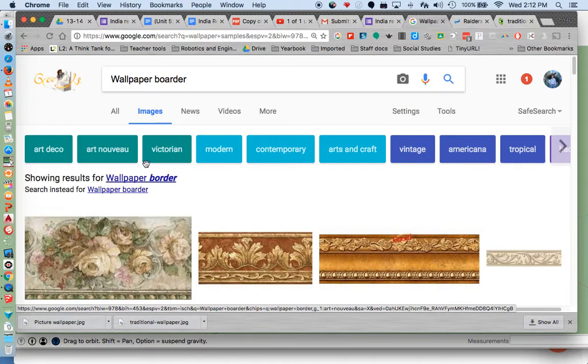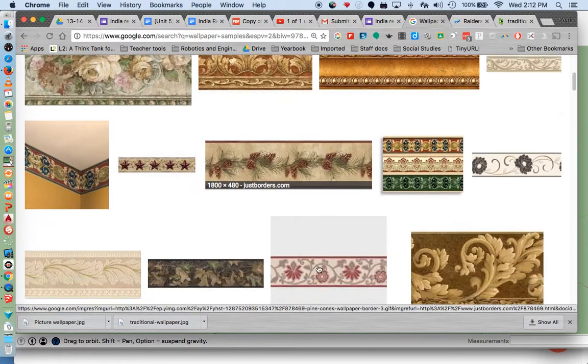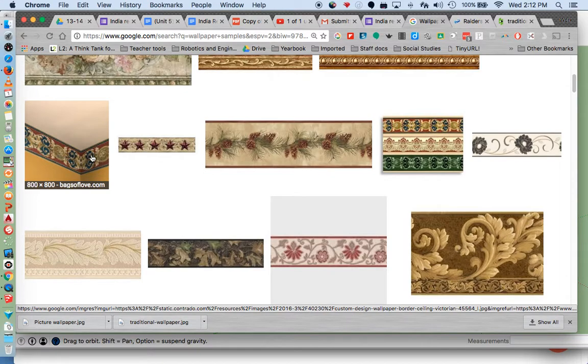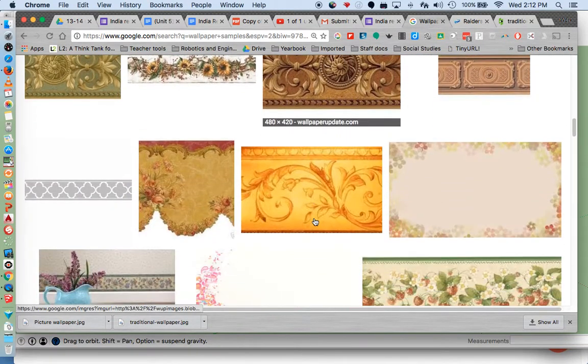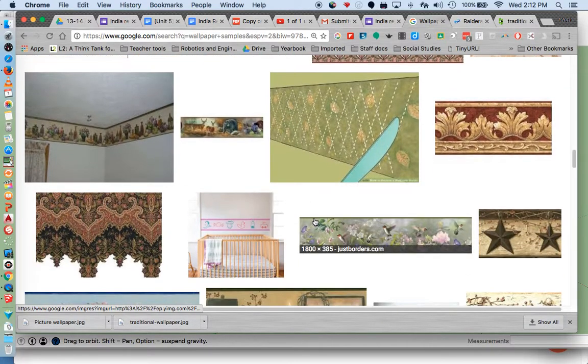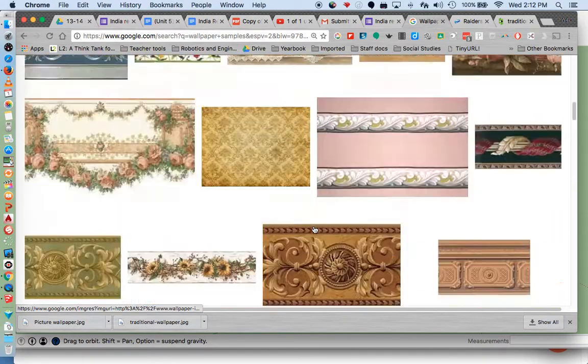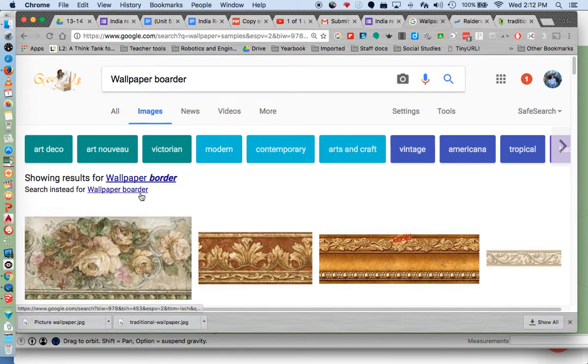Sometimes you'll see it more on high-end homes. It's a little border that goes across the top of the ceiling, kind of like that, right below. Some homes have them. It's more of a traditional type thing. And sticking to my theme of gray,